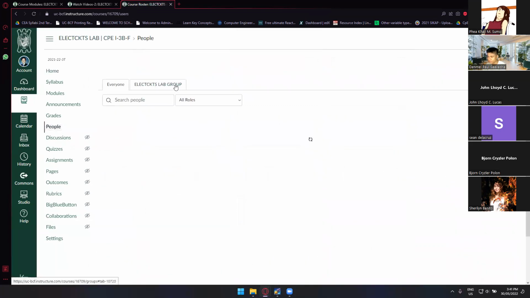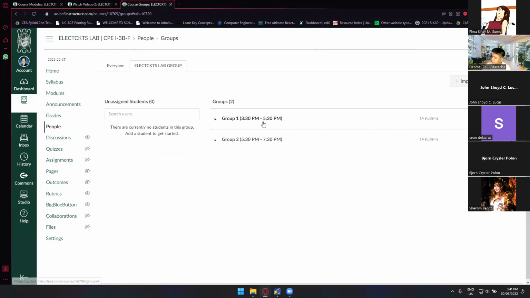I forgot to mention this one, but we can actually have two groups starting from 3:30 to 5:30. Okay, because our problem two weeks ago is that Sir Marcelo, the custodian, will already go home at exactly 5 p.m. So maybe we can only have a meeting of 3:30 to 5:30 only, so that instead of having group one and group two,